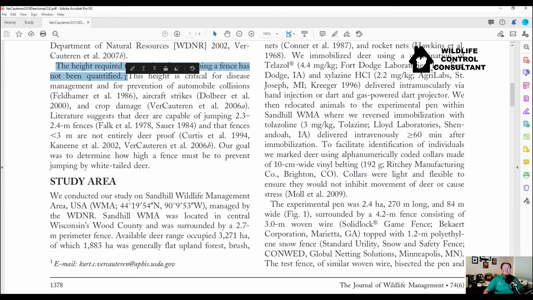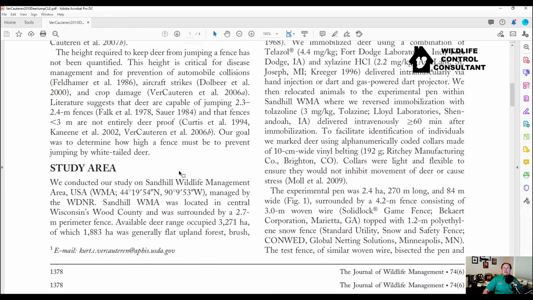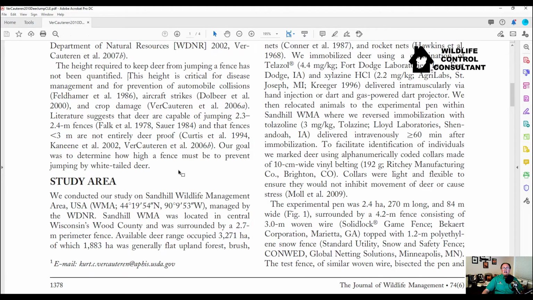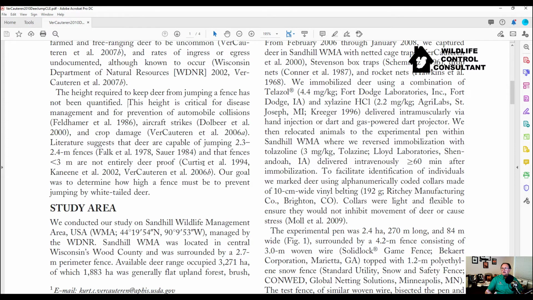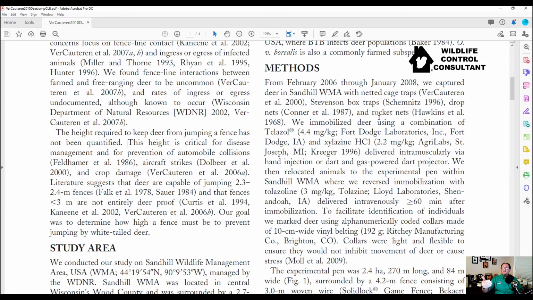Intrigued? We'll keep going. So the next section here is they're getting into the methods. Now this is, they call it the study area, which is they're telling you where they performed their research, but that's really part of the method. And then they get into officially a paragraph, the section called the methodology, where they give you the time, the type of equipment they were using, and how they set up the experiment. You can skip that if you want. The methods, if you have to skip a portion of the research that's listed here, skip the methods.